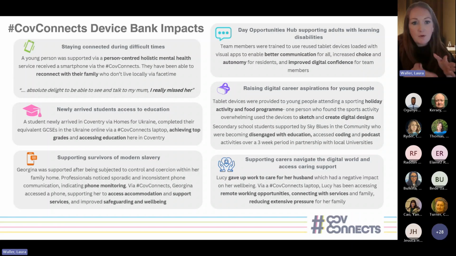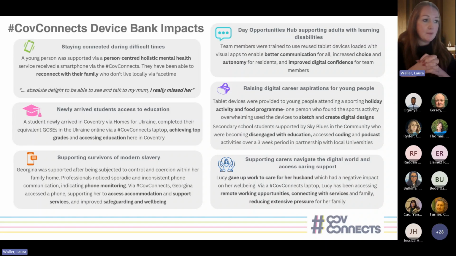So, for example, the first one was around somebody who was being supported by a specialist mental health service, and they were literally just given a smartphone as part of their wider service. And for them, it was the ability just to talk to their mum who didn't live close, and it evoked a very, very powerful emotional response to that person who needed to be connected to people, which really starts to make us think. Often when we talk about digital inclusion, people talk about employment, they talk about jobs. For us, it's really important we think about this as being about connecting people. This is about a broad range of